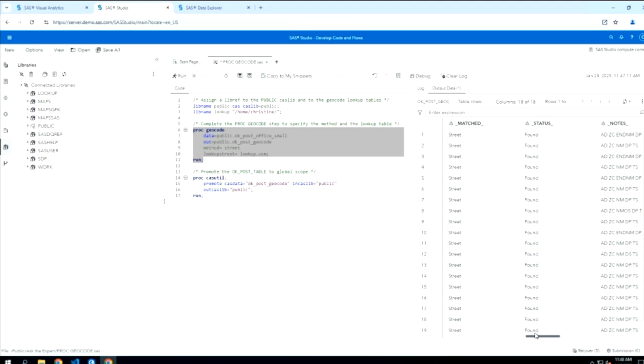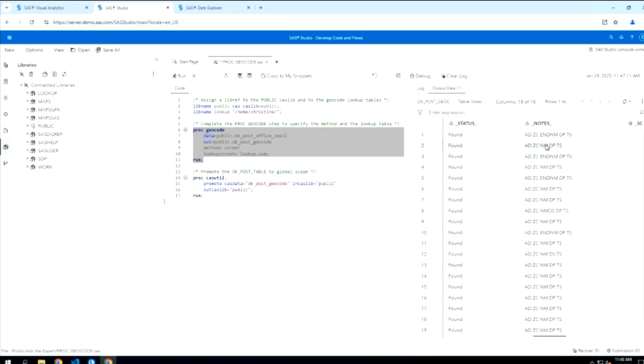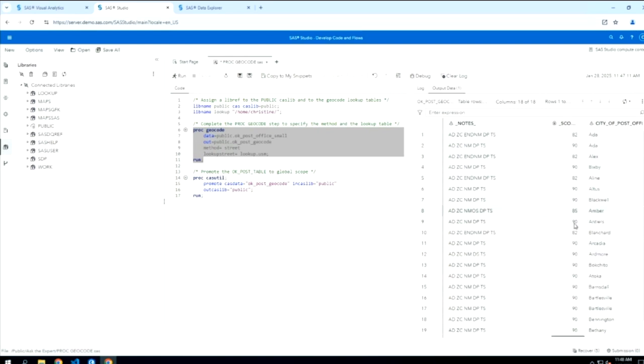And then this notes column provides information about how the match score was calculated. So each one of these little codes here provides information about what sort of match it found: matched address, matched zip code, matched name of street, various things like that. And those values are used to calculate the score. So much like we saw with Esri, there's a score of how good the match is, how well it matches the input address.